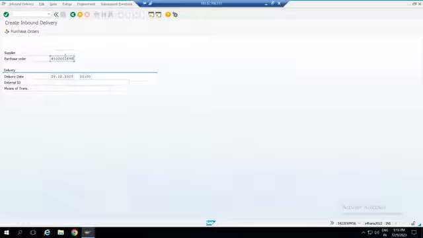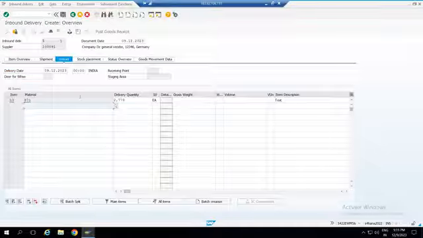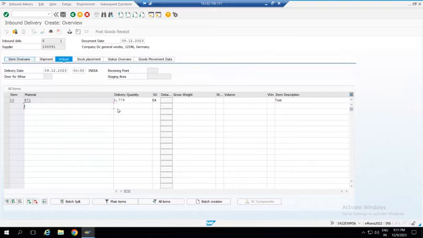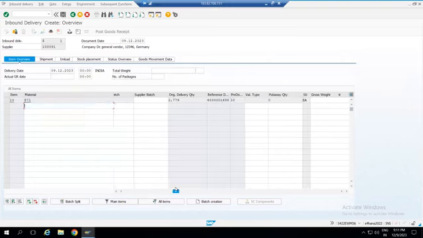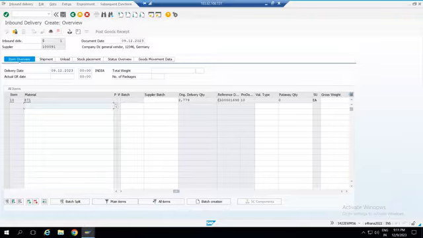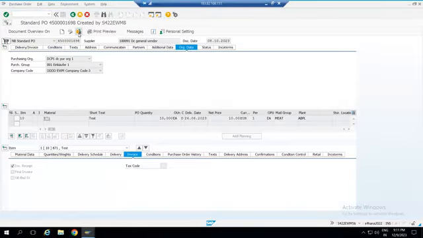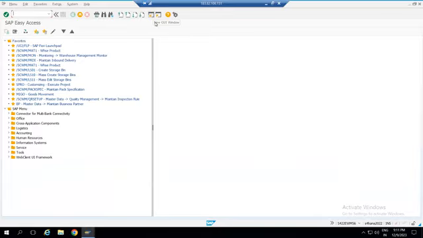I will just take any existing data. So this is an existing purchase order which was created. Here we can see the organization structure. If you need to create a new purchase order, this will be done by the SAP MM team.